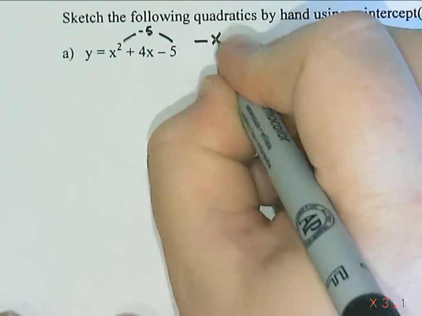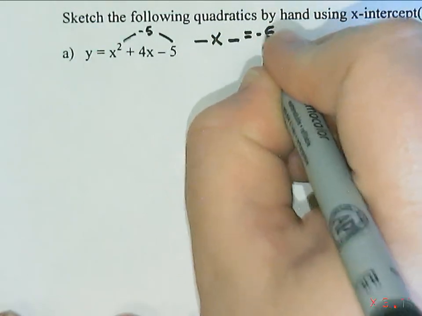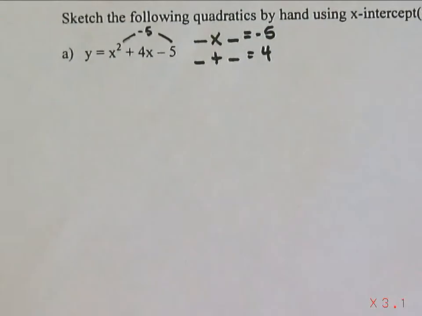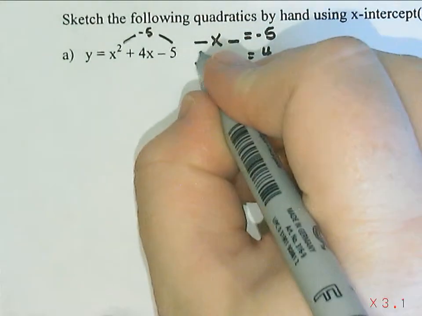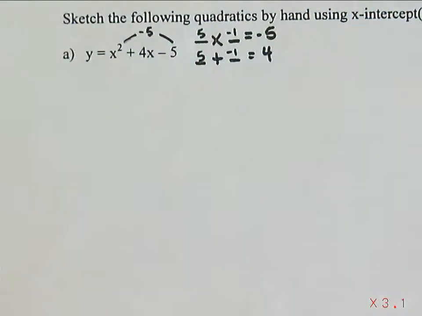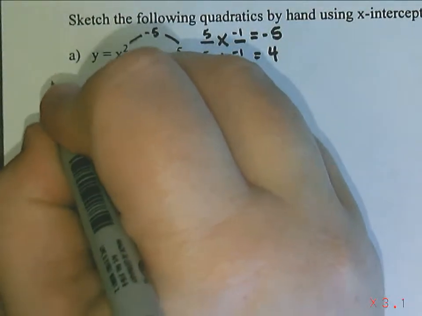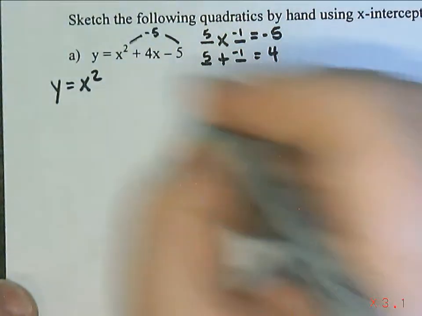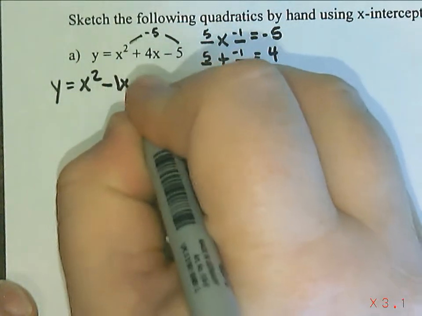And we're going to look for two numbers that multiply to negative 5 and add to our middle term of 4. There aren't a lot of things that multiply to negative 5, 1 and 5. So if I did positive 5 and negative 1, that would give us positive 4 and multiply to negative 5. So I'm going to factor by stretching this out to, let's do the 1 first, negative 1x plus